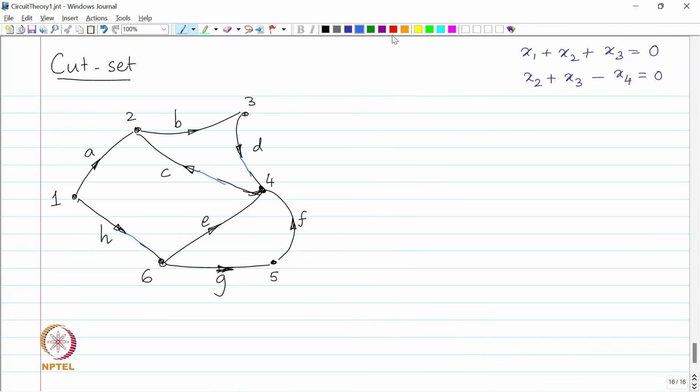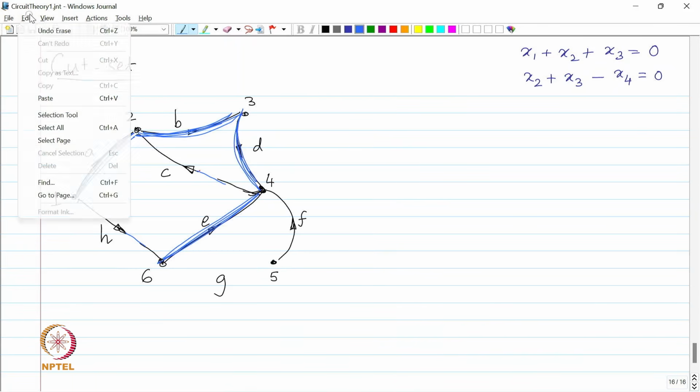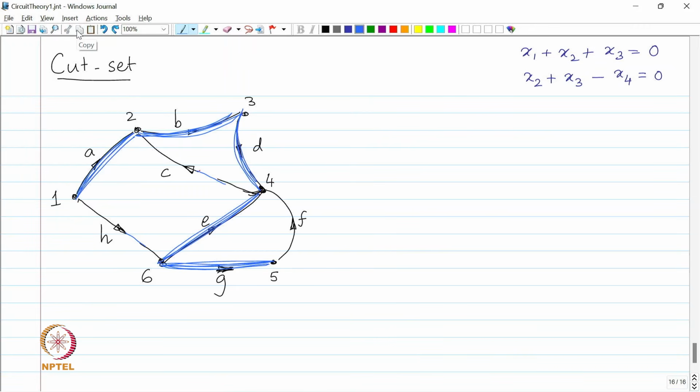So, what was my tree? A, B, D, E, G was my tree, right. Now, if I cut let us say G,